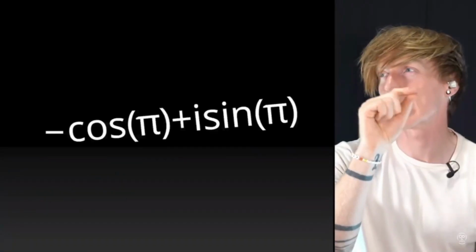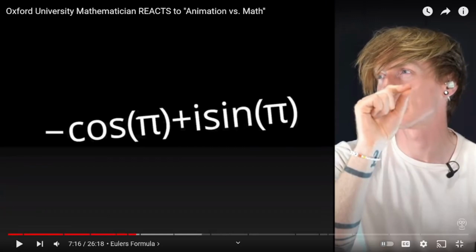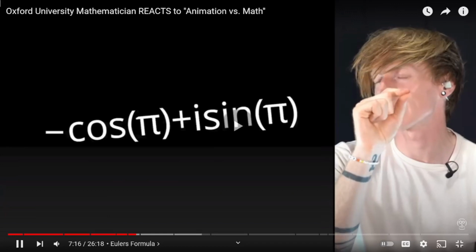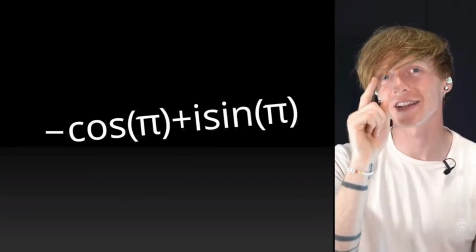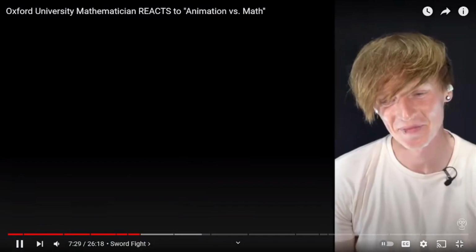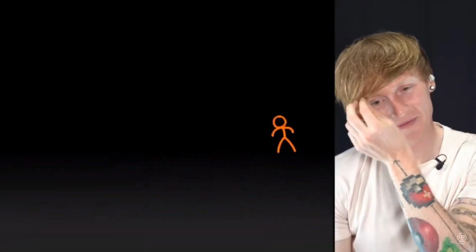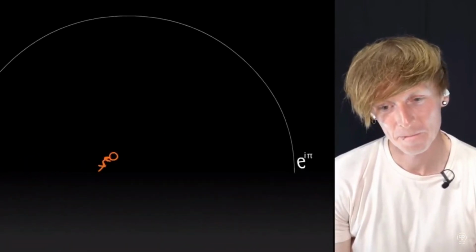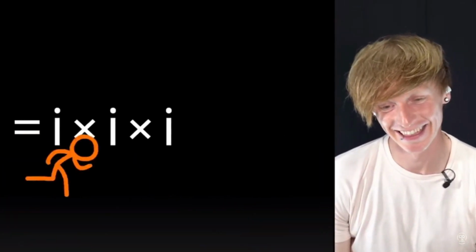Oh, little flash there. Formula. So e to the i pi was very briefly replaced there by cos pi plus i sine pi. I have never seen anything like this in my life. So that's generally true. Euler's formula says e to the i theta is equal to cos theta plus i sine theta. Y'all are just adding Greek letters. That's like beyond infinity. Nice little arc of a circle, love it.